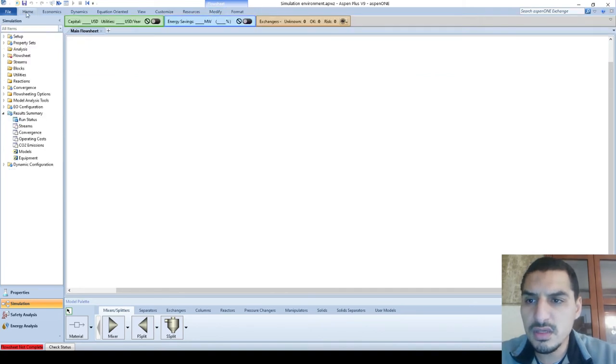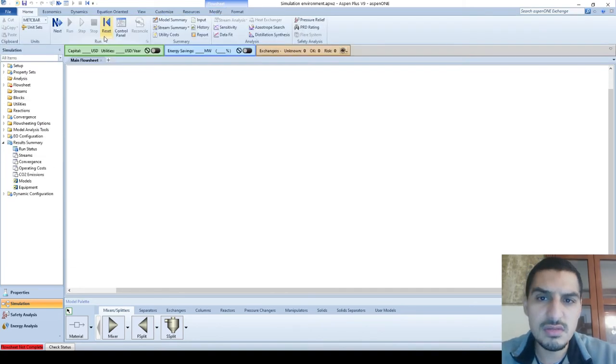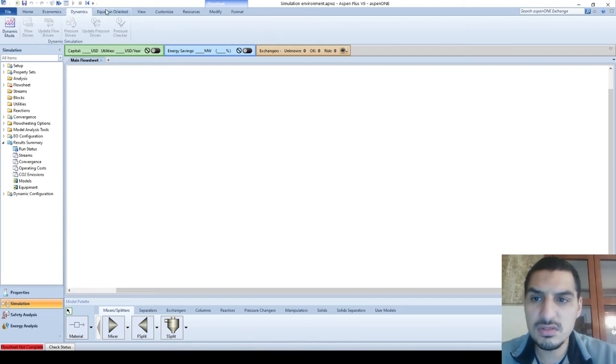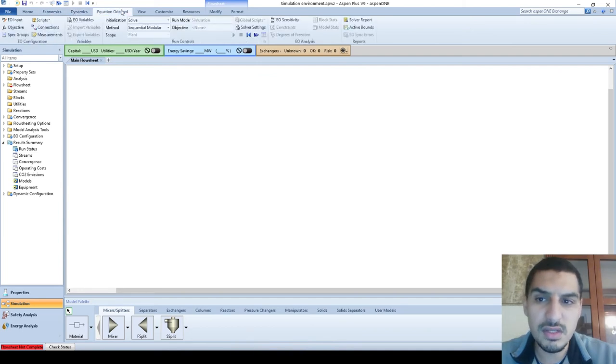The ribbons would be somewhat different. There are some common things like this point of the unit. You would find the ribbon that is related to economic studies, to dynamics, to the method of calculations. Is it going to be sequential? Is it going to be equation oriented or mixed mode? This is something that we discussed in the very first one or two videos, something like